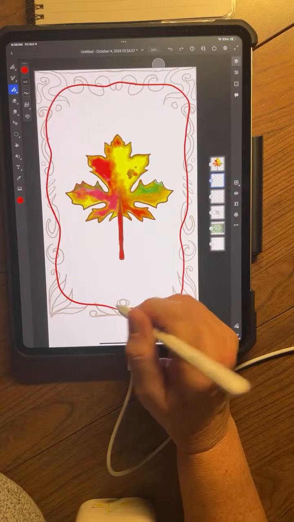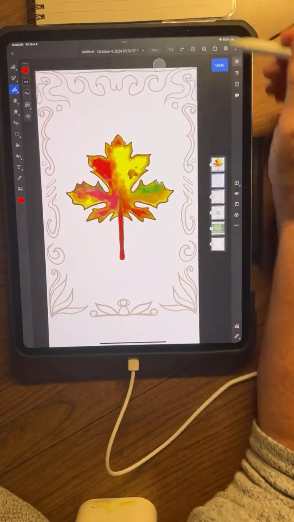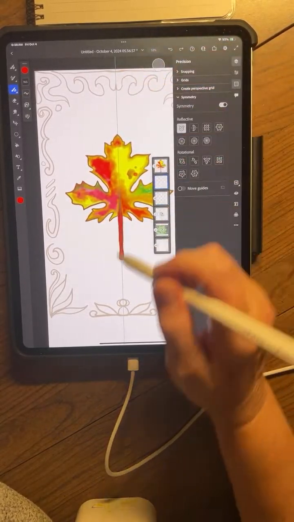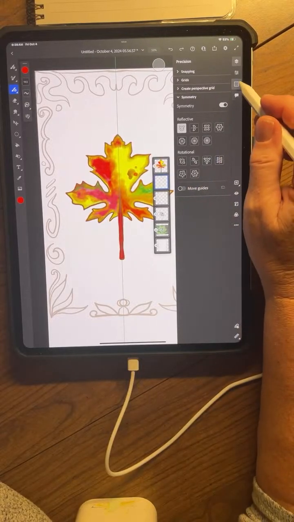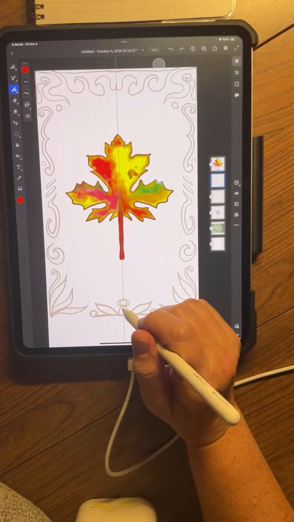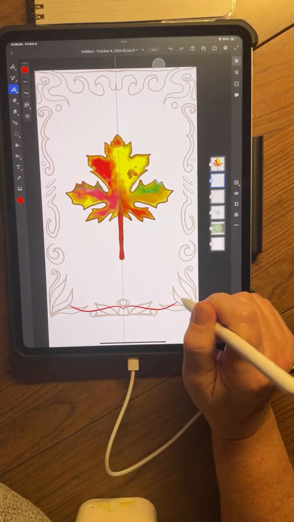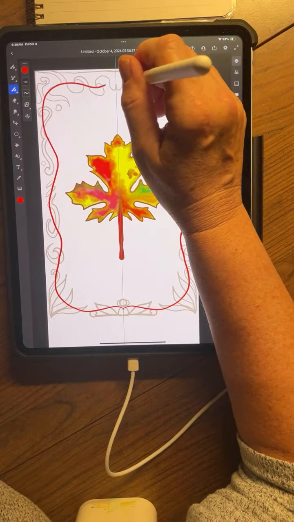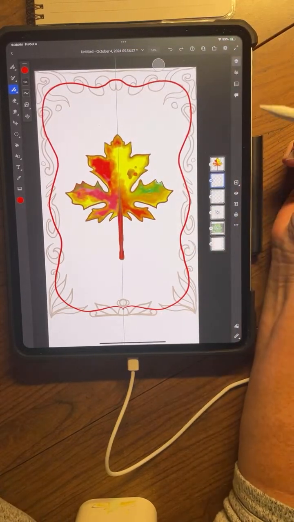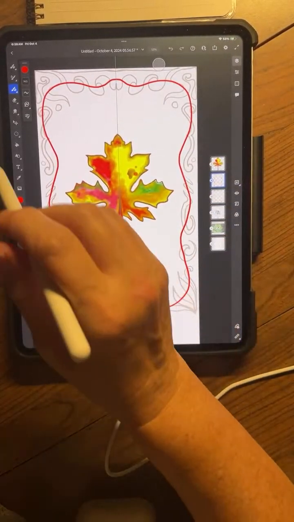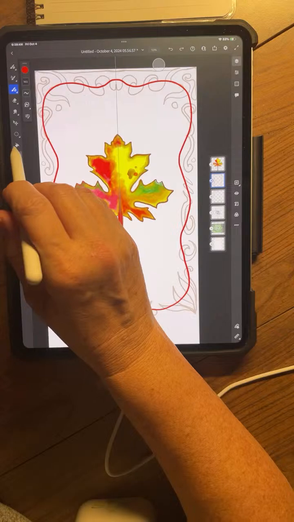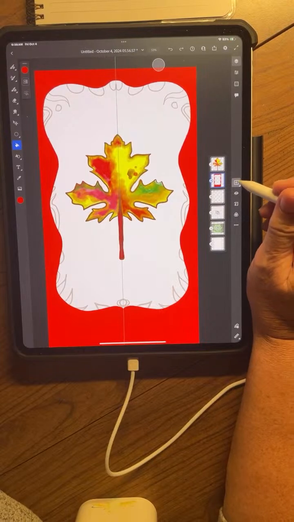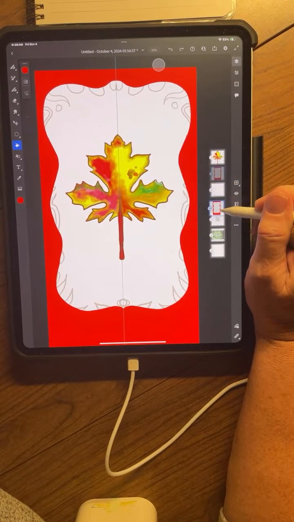We didn't do the symmetry. Do I want to do the symmetry? I do. Do-overs. Symmetry button on. Okay. You see I'm going right through my other lines, and that's okay because now I'm going to fill this. It's only going to fill on the outside, and I'm going to move it below my other lines,